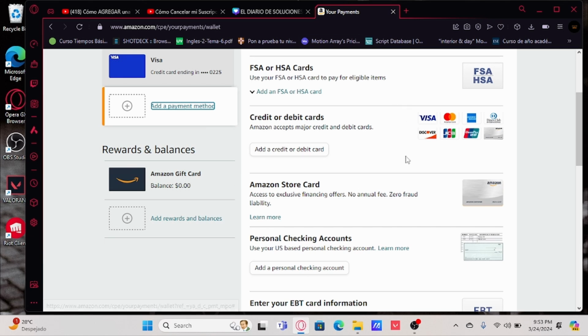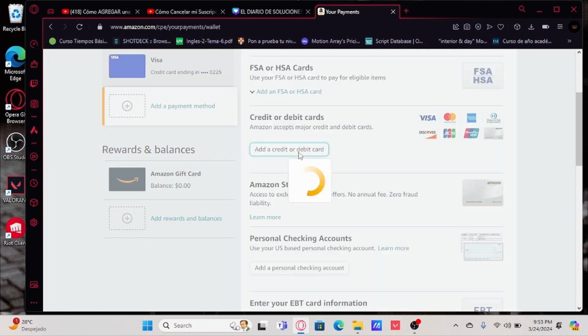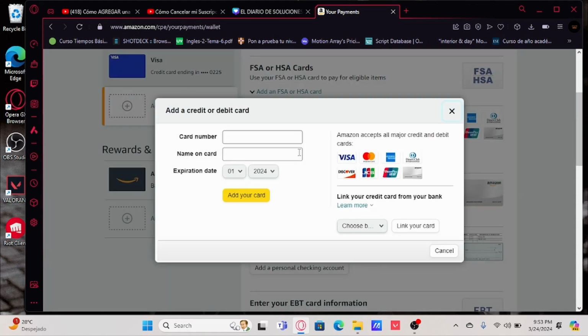This is add a card like a Visa or like a Mastercard. You pick here, and the only thing you need to do to finish this process is pick here and put the information of your new card. And after that, you need to put new information like your location, your direction. After that, you confirm the option, and automatically your new debit or credit card